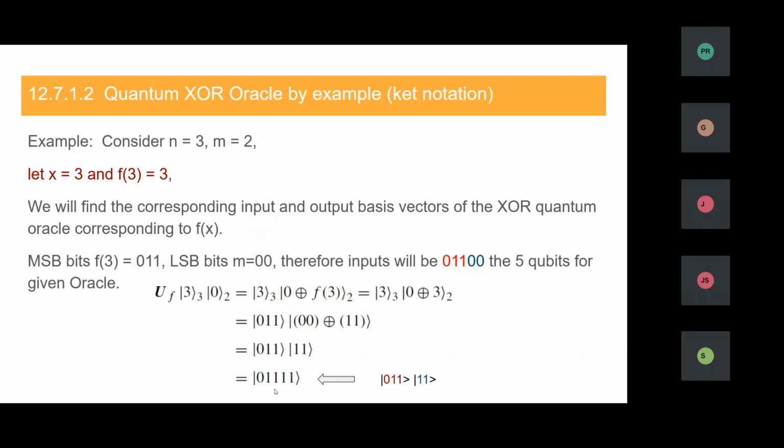And obviously now the result will be a 5 qubit basis state. So that will be 0, 1, 1, 1, 1. So this 0, 1, 1 is coming from the input, and 1, 1 is the actual output that is now generated on the two output lines. Remember, there are two output lines. But now I'm actually operating over an enlarged space. I'm now considering 5 qubits, which are required over here. And if you look at the state space, this will be 2 raised to the power of 5 different states. Okay, so this is just to give you an idea of